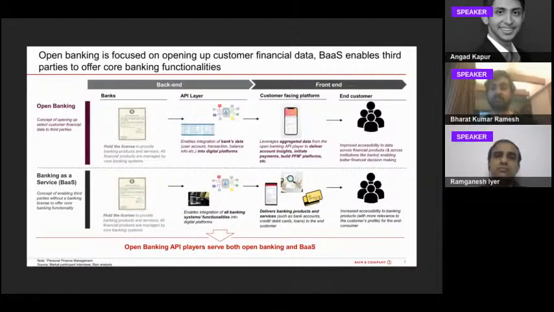Now, these effectively are players who don't own the front end per se, but rather provide banking, and like the name suggests, it enables third parties to offer financial services products, but without actually having a financial services ecosystem on the back end, or sometimes even a license. The ideal state, and we'll go through some examples later, would be something like